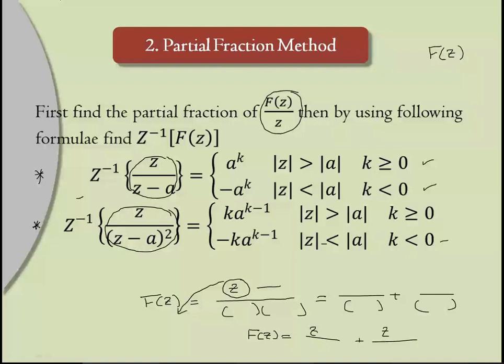So whenever we can easily take z common from the numerator of f of z, first take that z common, take it to the other side, divide by z, then separate by using partial fraction, take z back to the other side, and then use these standard formulas. These two are very, very important formulas. We are not using any summation here, nothing. Just take z, partial fraction, take z back, and then use these formulas. Depending on the ROC, we can simplify it. You take a problem, then you will understand how to make use of this.